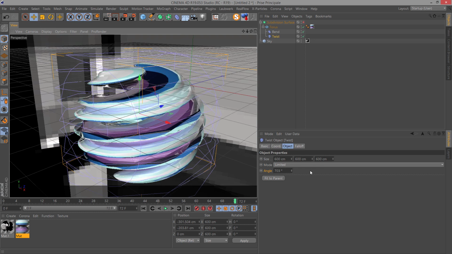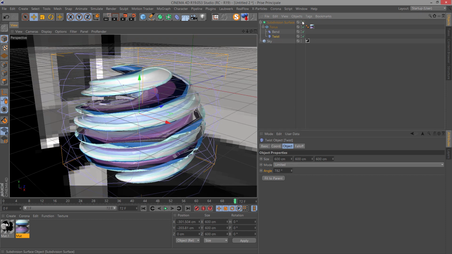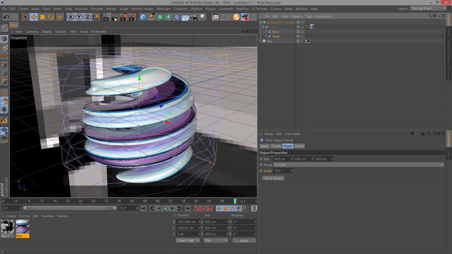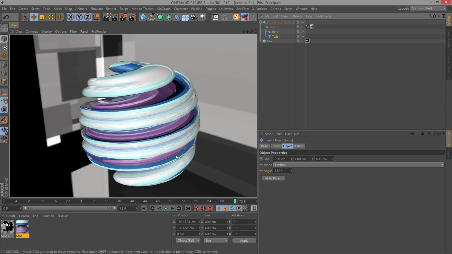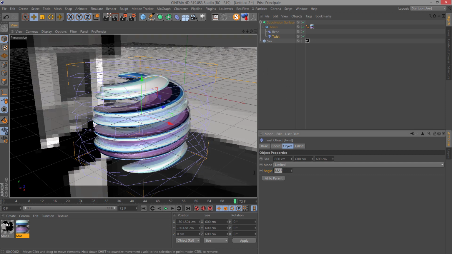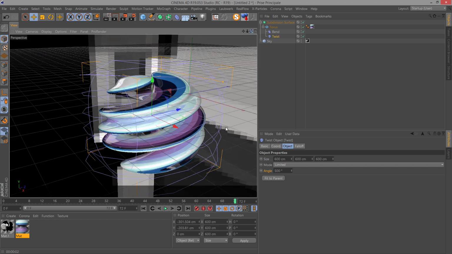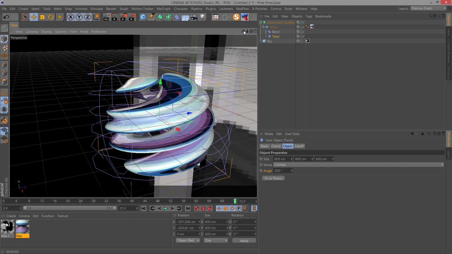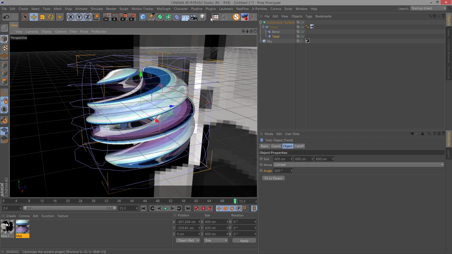And you can go more, you see, and get more twist. So let's see. Yes, it's good. So I will stay like that. Maybe I will put 500 here, something like that. Then choose a good angle, something like that. We add a camera.